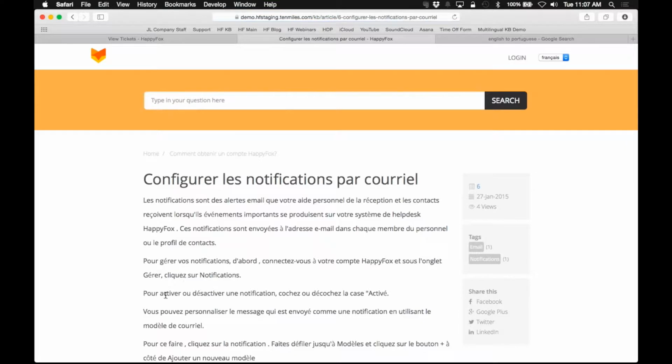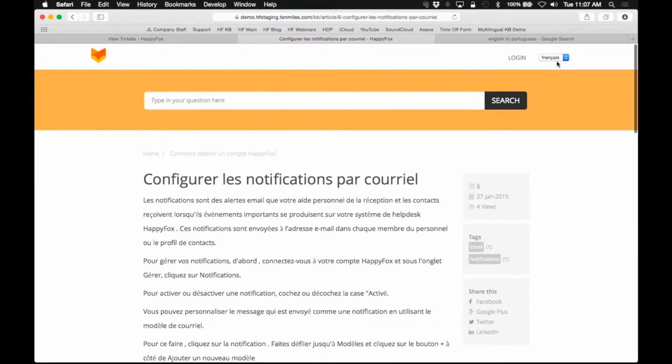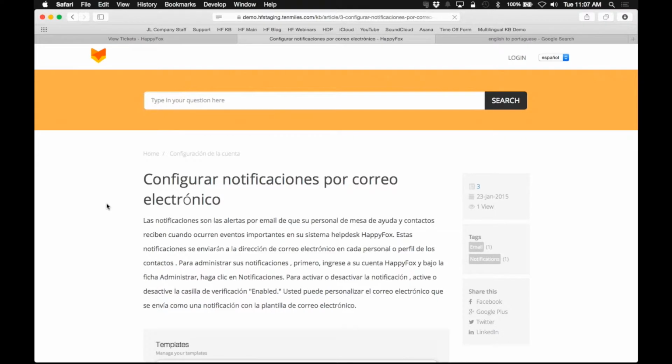If I open up an article, I could read through this article information as well as change the language just on the article as well, by the way. Very simple to use. So I just kind of wanted to show you the end result really fast. And before we get into how to set it up,